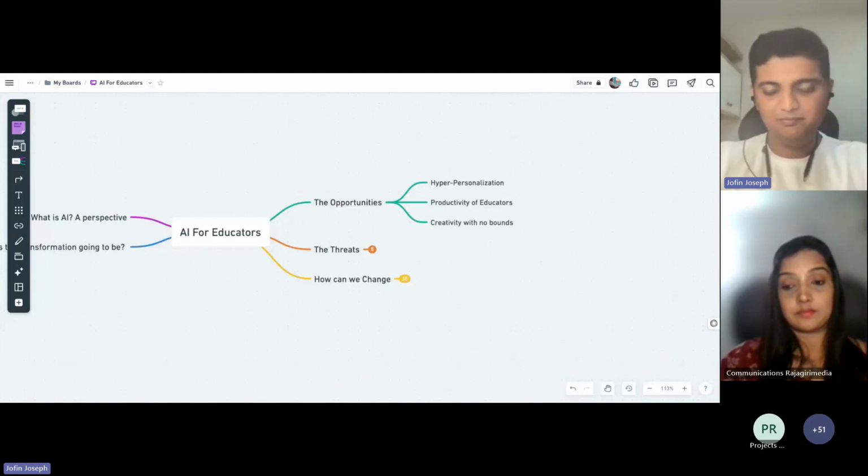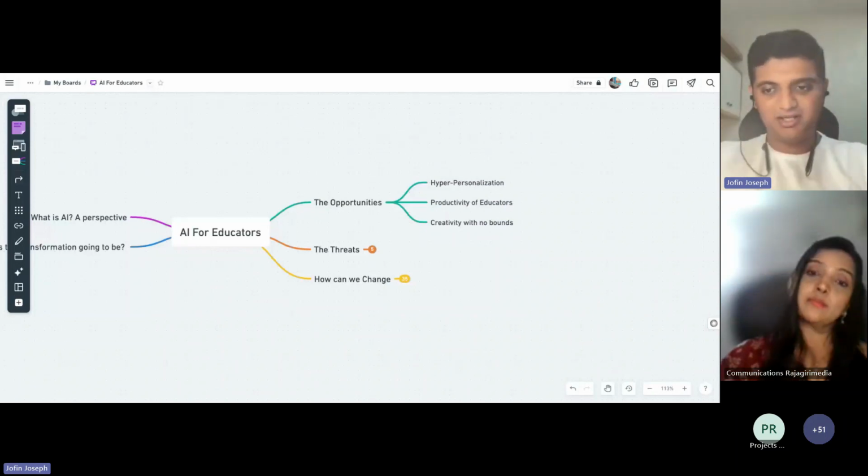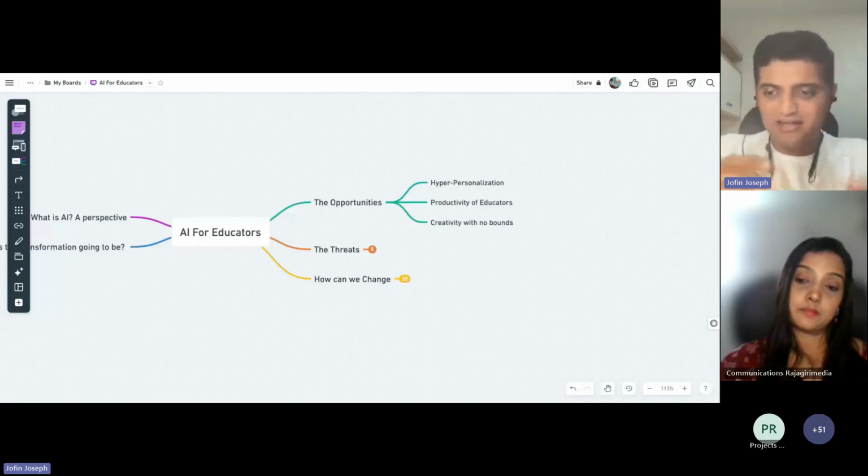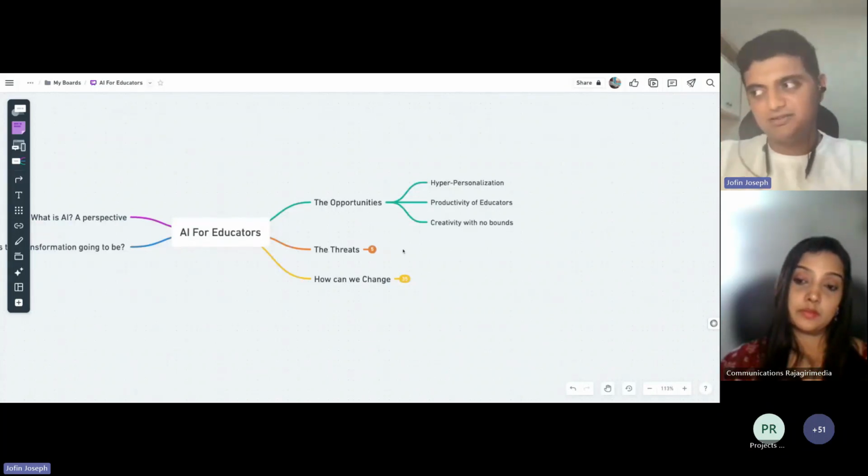So you can create your own tools. You need a little tool to evaluate a child, a little question paper creation tool, a little personalized assessment tool. All these things can be created with plain simple English. That's the beauty of it.